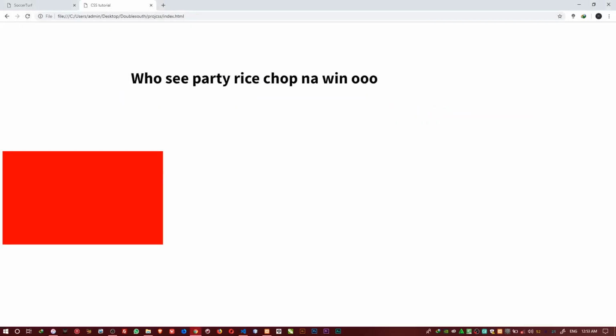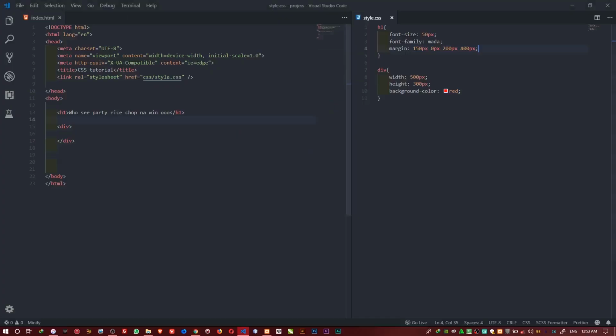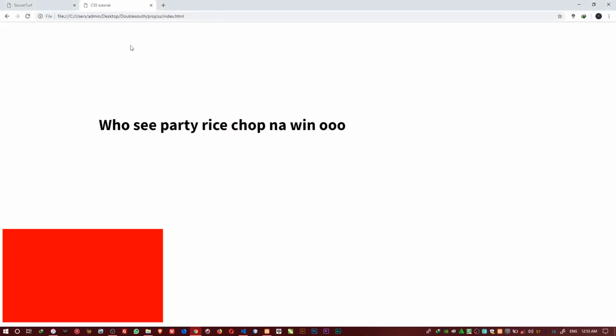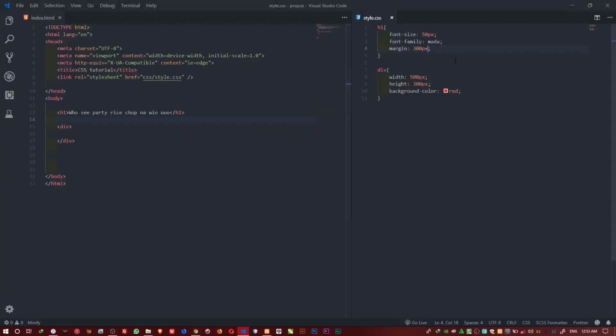So if you use one line, it specifies the 4 values I want. And another thing: if I want to give all of them exactly the same value for the top, right, bottom, and left, I'll just write one value, say 300 pixels. If I put it like this, automatically it will give the top, right, bottom, and left all the same space. So that is how margin works in CSS.